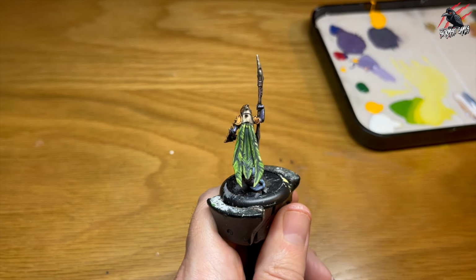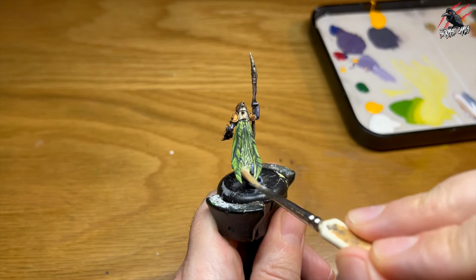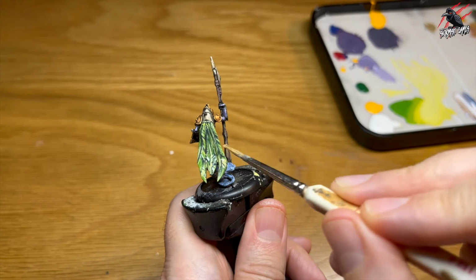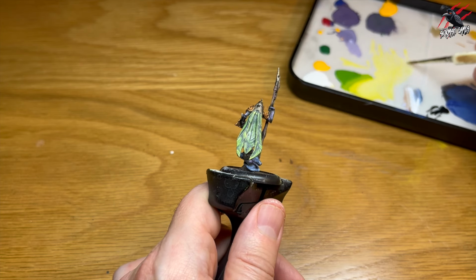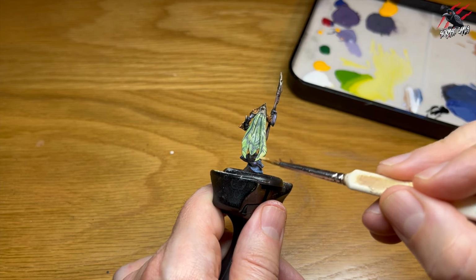go all over it. You can see there that it didn't really work out, so I'm going to give it a nice coat over the inner wings and the outer wings, and I'm going quite heavy here with how much I'm putting on. I'm treating it like a shade. And then I put the model down flat to dry, and once it dried I went over it again with another wash there of that colour, but just on the outer wings this time, so they're going to appear a